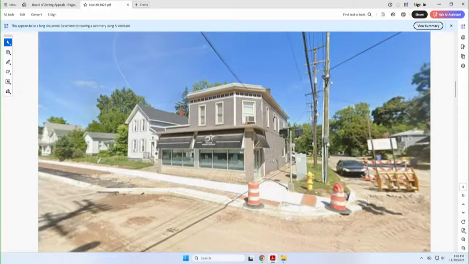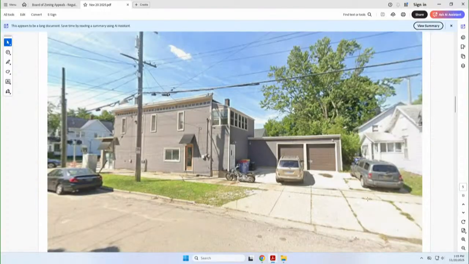The number of parking spaces required for an office use at this location is 5 spaces. There's also an apartment on the second floor of this structure, which requires an additional 2 parking spaces. Because the property is mixed use with both a residential and a commercial component, there is a parking reduction available, which would bring the total required parking down to 4 spaces. Additionally, the site also qualifies for a 50% parking reduction, bringing the total parking spaces down to 2. Those parking spaces are accounted for with the garage that you can see on the screen. So if the use variance is approved, this property would meet all of its parking requirements under the current ordinance.